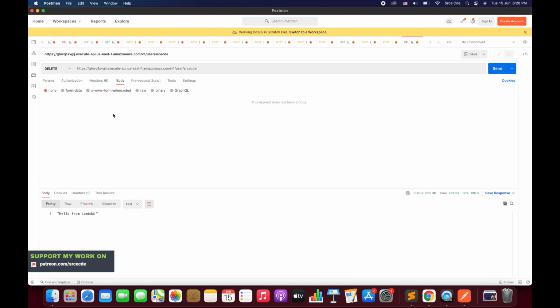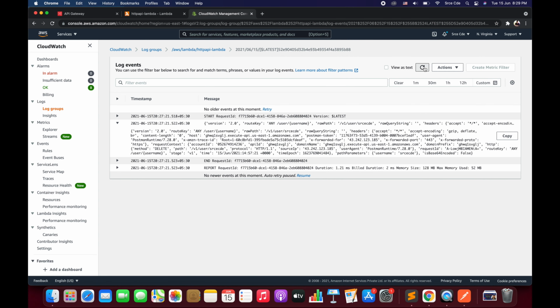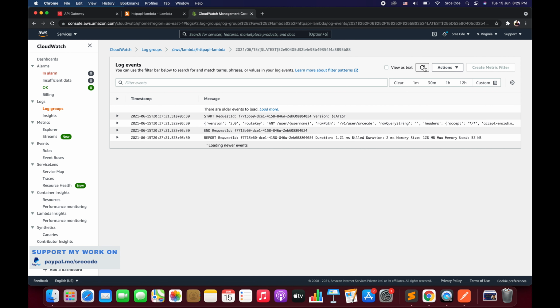Now, for example, I want to retrieve some information about a specific user. So I will say GET method, retrieve information for, for example, the admin user, right? I will say send, it runs successfully. We can have a look at the logs over here. It's loading.